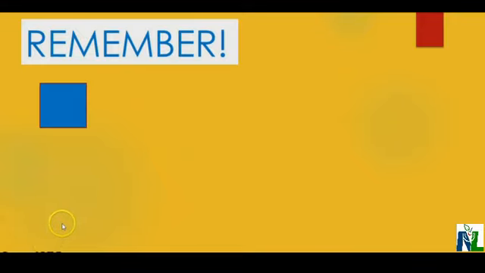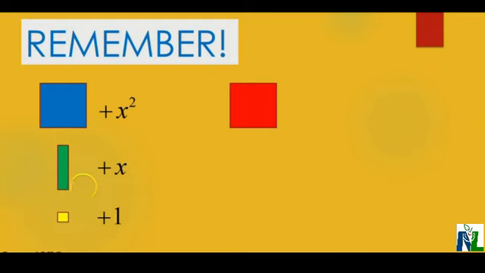Before we begin, we must remember what each tile represents. The large blue square represents positive x squared, the long green bar represents positive x, and the small yellow square represents positive 1. When we turn them over to the red side, it represents the negative component. Negative x squared for the large red square, the long red bar negative x, and the small red square is